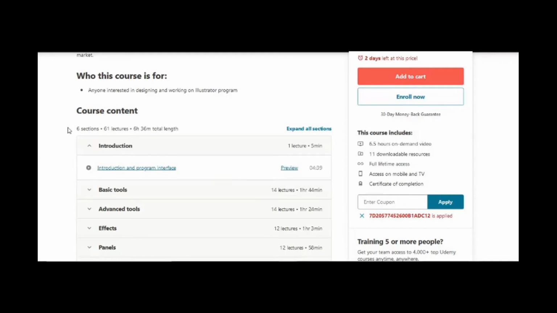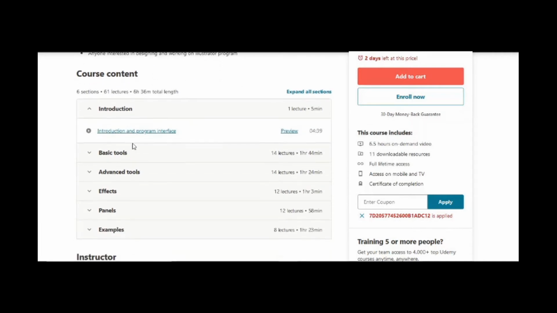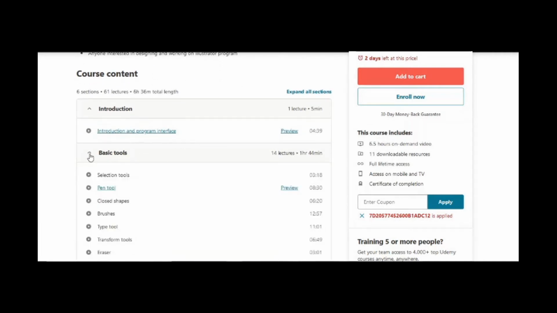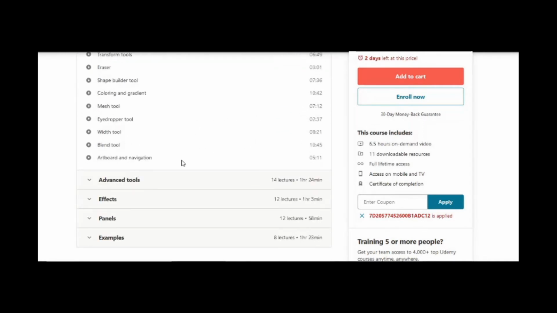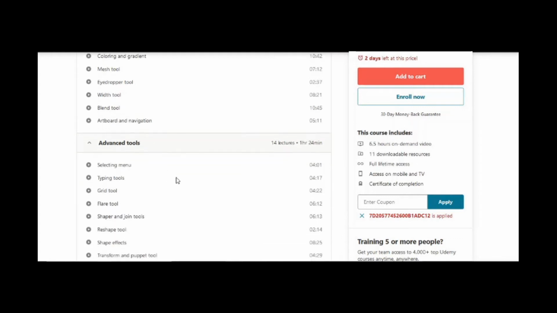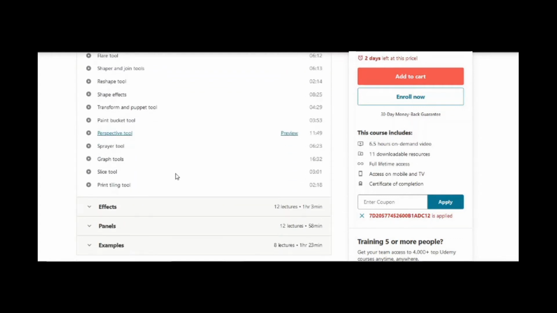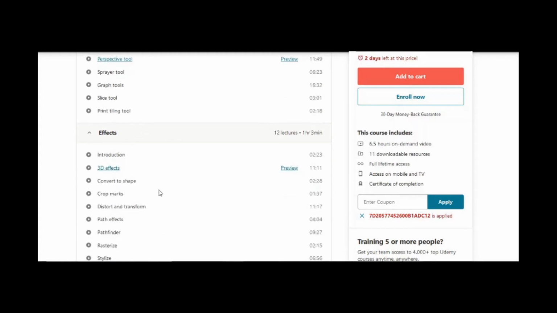This course has 6 sections, 61 lectures, 6 hours 36 minutes total length. It has an introduction and program interface, basic tools, selection tool, pen tool, all the tools are included, advanced tools, essential tools for that, and effects, which has an introduction, 3D effects,